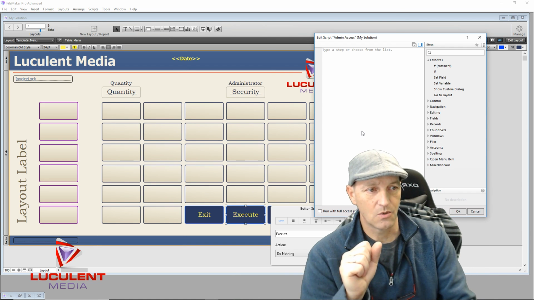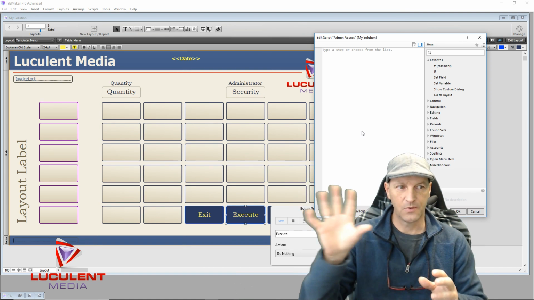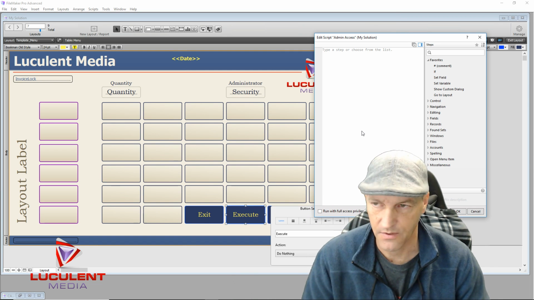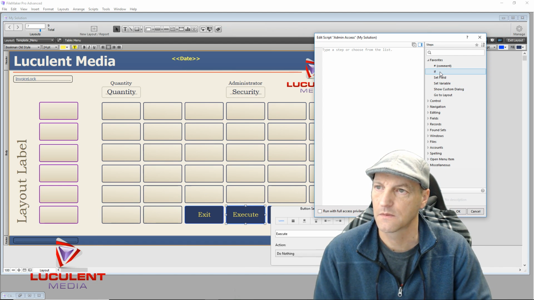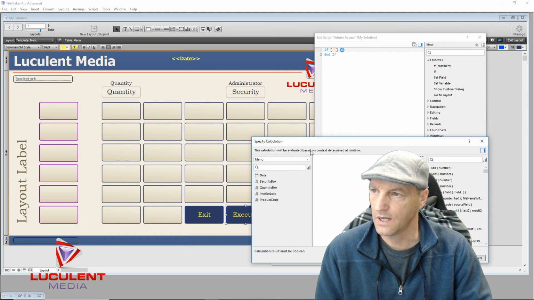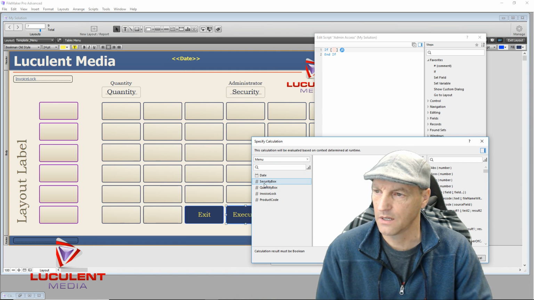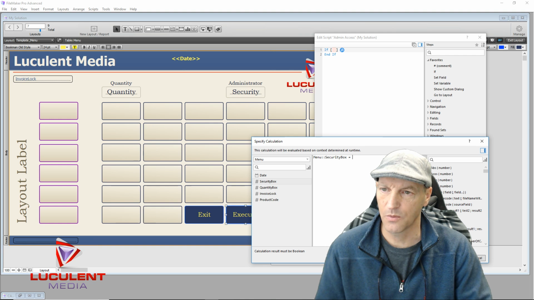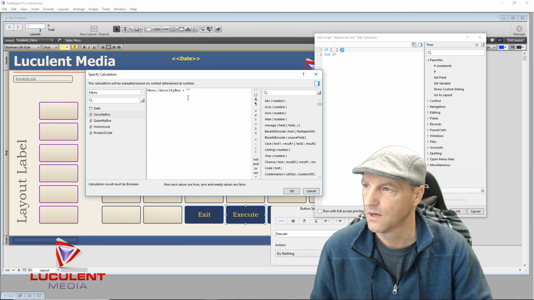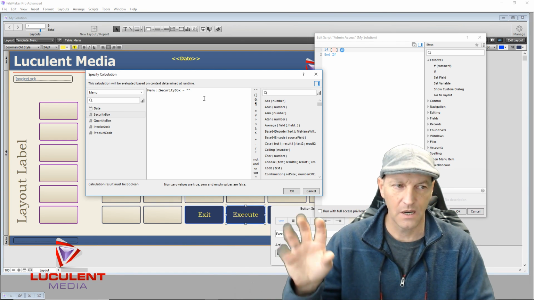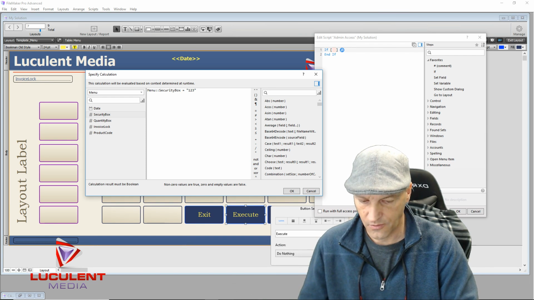Now what we want is for this window to do something very specific. So we'll just say if, we'll click off and then click the little FX. So if, and this is our security box, right? If our security box is equal to, and then this is where you put in your parentheses. Let me move this window really quick, let's see if it'll let me move it. Okay, so now you guys can see it a little bit better. So if the menu security box is equal to 1, 2, 3, 4,